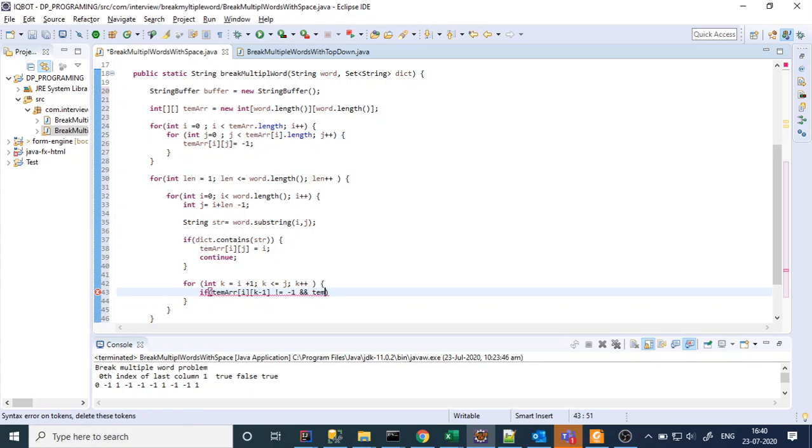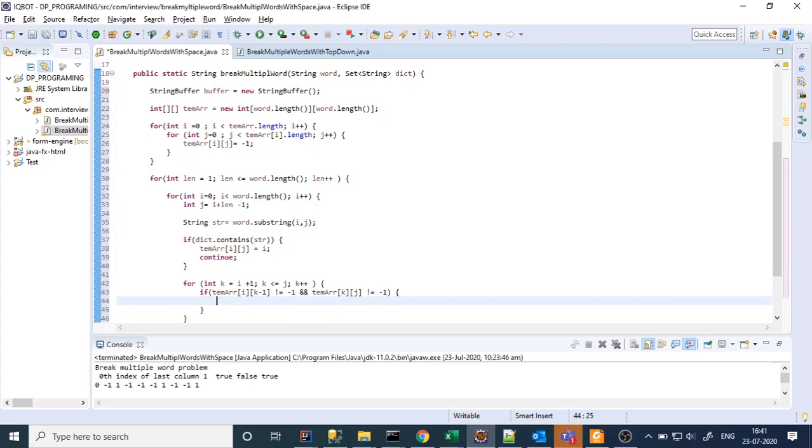And similarly, temp array of k and j not equal to minus 1. Now understand what is written here. This simply means: is there any index where, when we break the whole string, both substrings are meaningful words which exist in the dictionary or not? That is the meaning basically.